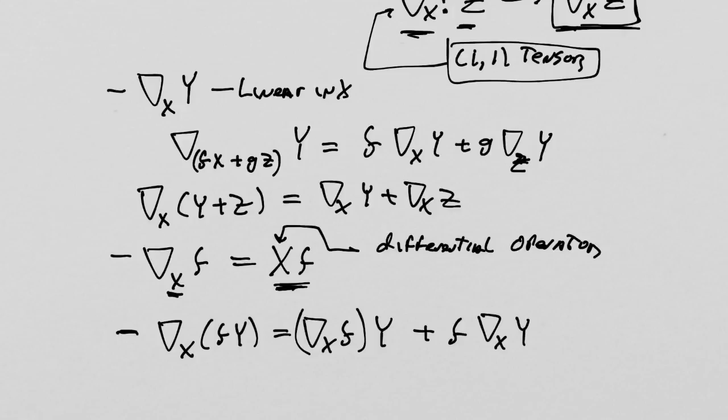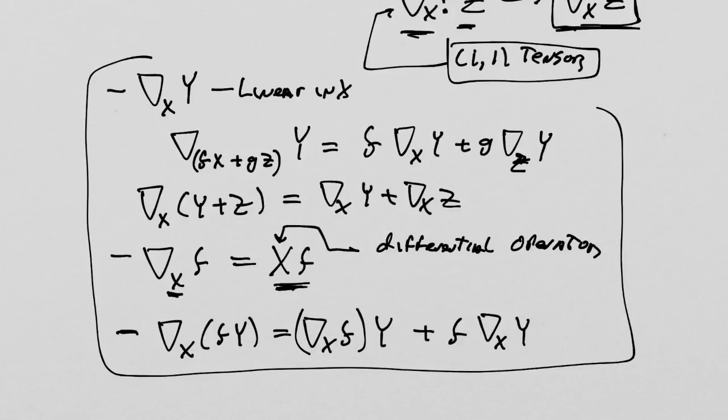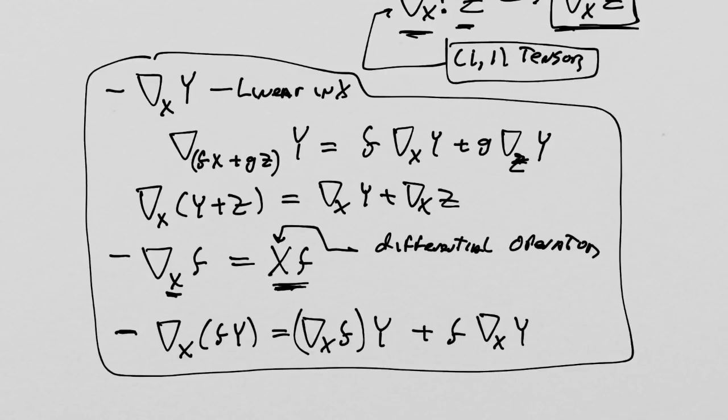And that's pretty important. So what we're looking for is some object delta. I keep saying delta, but I don't mean delta. What I mean is this 1-1 tensor. We're looking for this 1-1 tensor